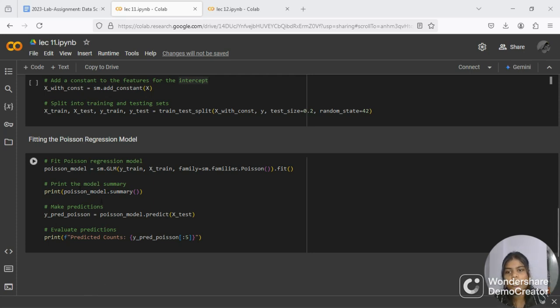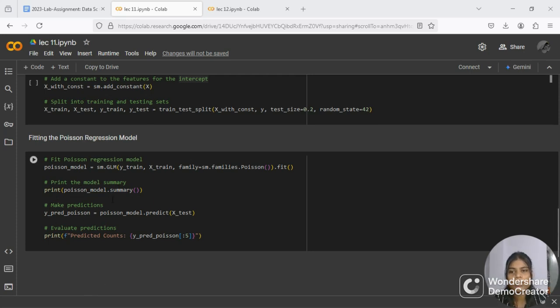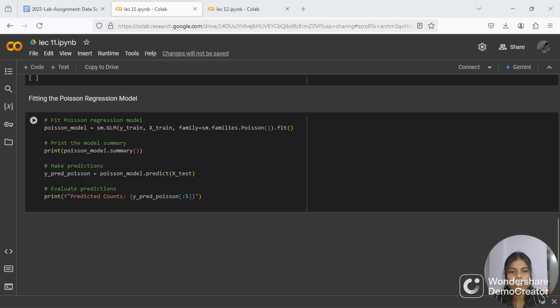And print poisson_model.summary prints the model summary, and y_pred makes predictions on the test data using the fitted Poisson regression model, and y_predicted_counts evaluates the predictions and prints the predicted counts. So the output will show the model summary and the predicted counts of the test data. The predicted counts should be non-negative as they represent the expected number of events.